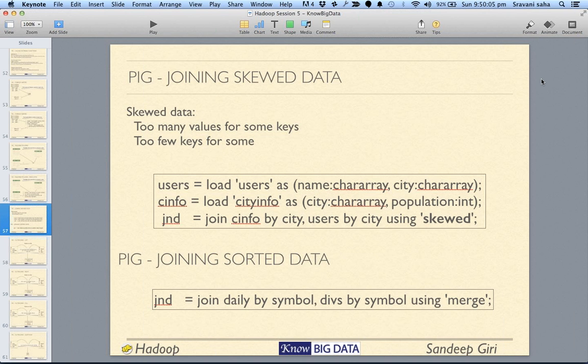So when you know that the data is heavily skewed, when I say heavily skewed, the value for a key is x, and the value for another key is a million times x. That's when we call it skewed, a factor of a million times. All right. So in those circumstances,